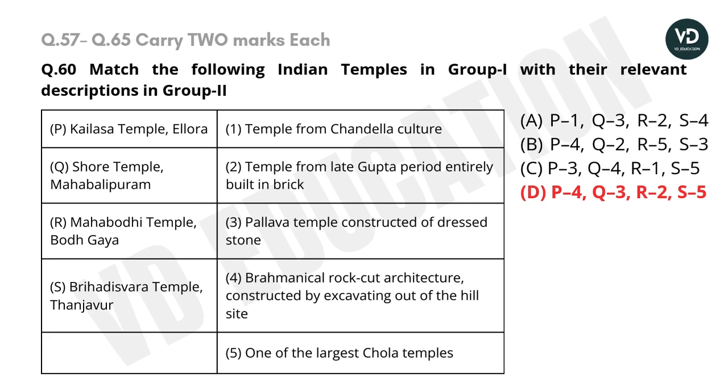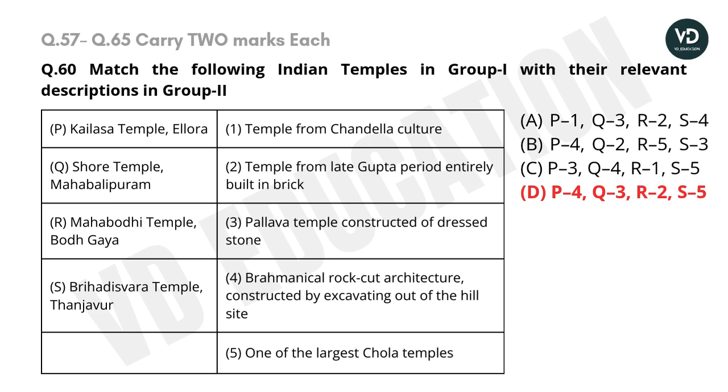Question number 60. Match the following Indian temples in Group 1 with their relevant descriptions in Group 2. Options they have provided: P. Kailash temple, Ellora, Q. Shore temple, Mahabalipuram, R. Mahabodhi temple, Bodh Gaya, S. Brihadeshwara temple, Tanjavur. And their descriptions are: first one is a temple from the Chandela culture,